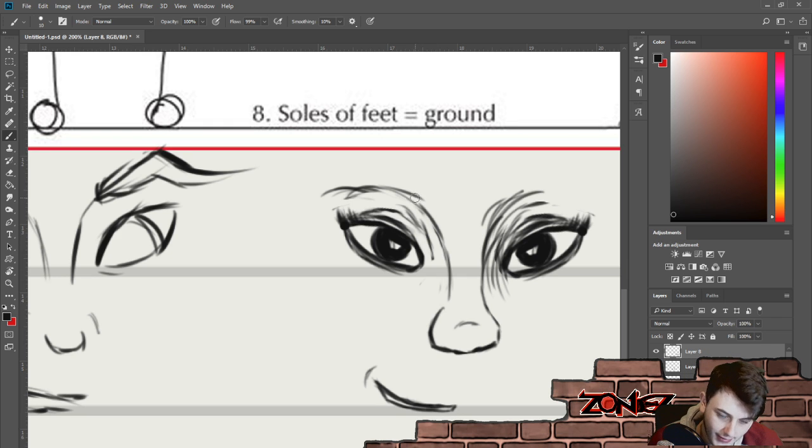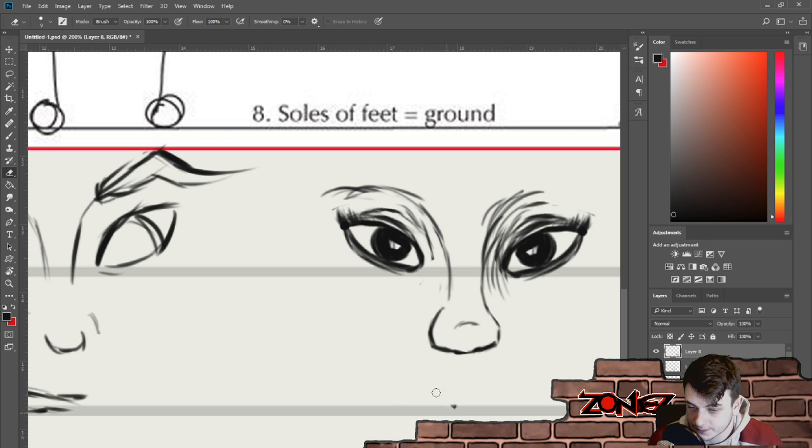Mouth from a front-on perspective, because I've been trying to do the grinning smirk. Lopsided mouth, that's fine. We can recenter if we want to, and if we don't want to, that's fine too.